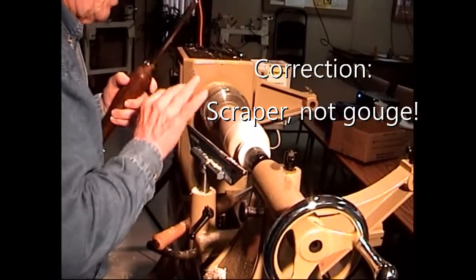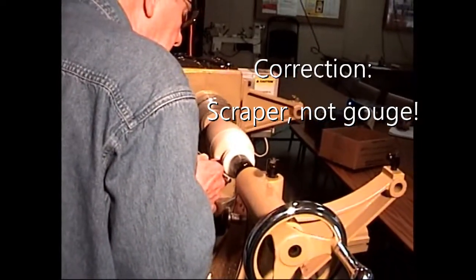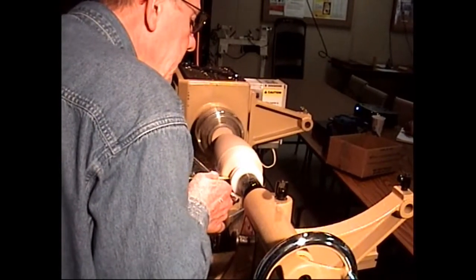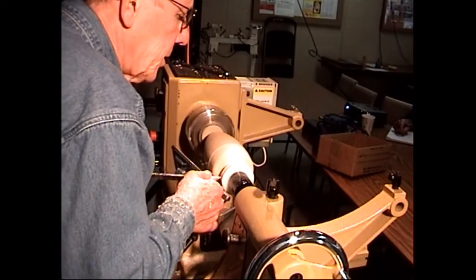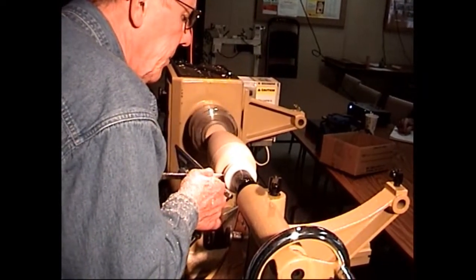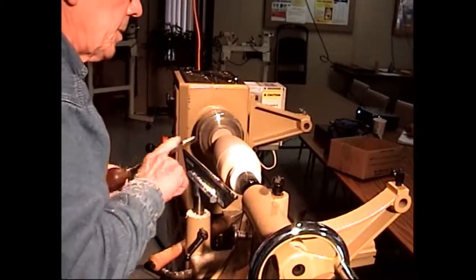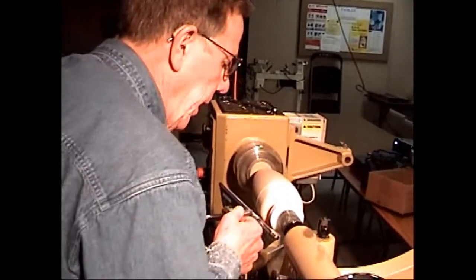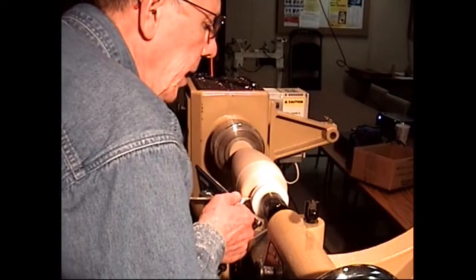You know, I'm just finessing this. Come back in on the other side a little bit right here. That flat. On down around there. Now I want a certain shape right in here. And again, I'm not looking at the scraper. I'm not looking at the scraper at all. I'm looking across the top and looking at the line. So as I come across like this, and I know